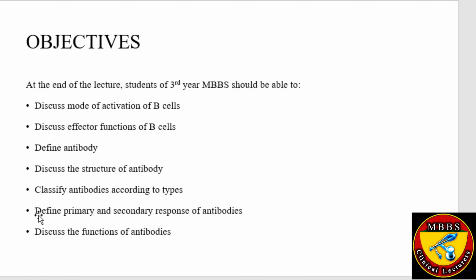In the previous section, we already discussed cell-mediated immunity, which is one type of adaptive immunity. In this section, we will discuss the humoral arm of adaptive immunity, in which we are going to discuss the mode of activation of B cells, effector function of B cells, what is an antibody, the structure of the antibody and its types, the primary and secondary response of antibodies, and the function of